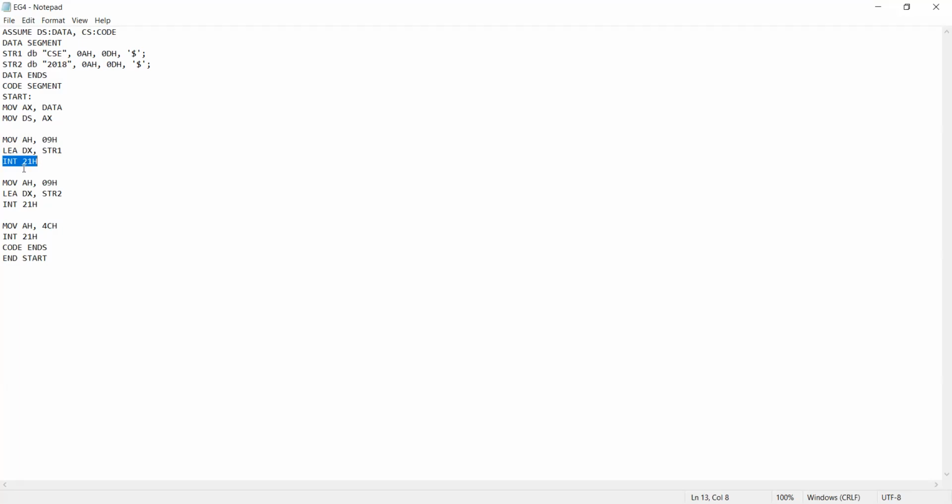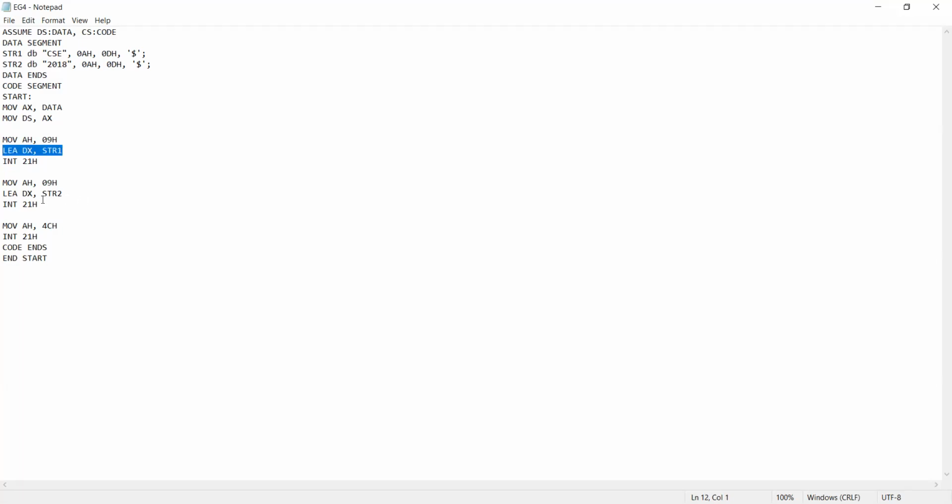Here our objective is to display a string on the screen. That is why we moved the argument value 09 into the register AH. Later we call INT 21H, and then this particular string 1 is going to be printed on the screen.